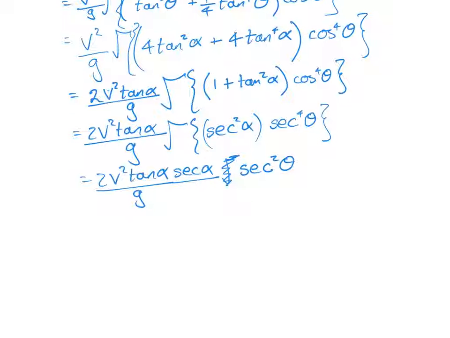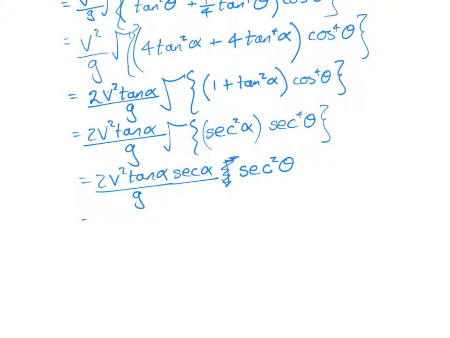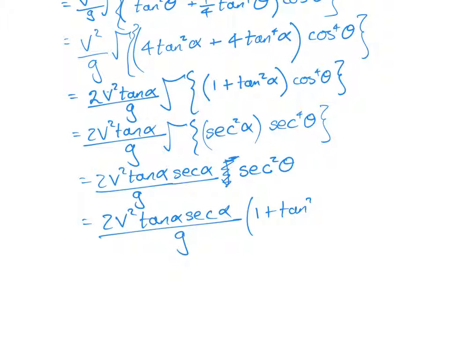We're closing in, equals 2v squared tan alpha sec alpha over g, and sec squared is 1 plus tan squared theta, and tan squared theta is 2 tan alpha, so